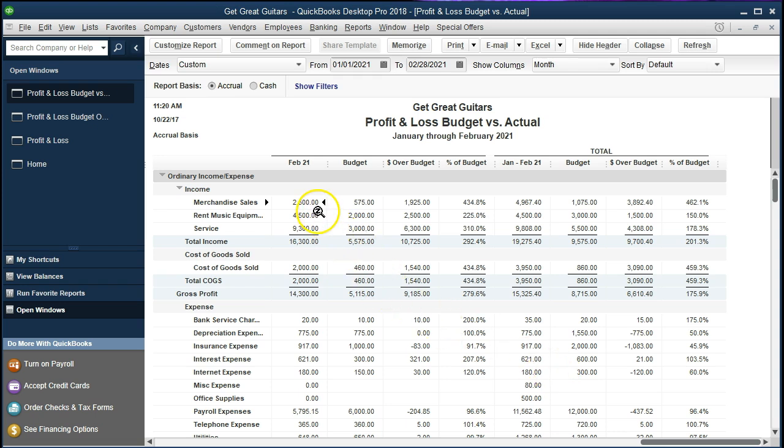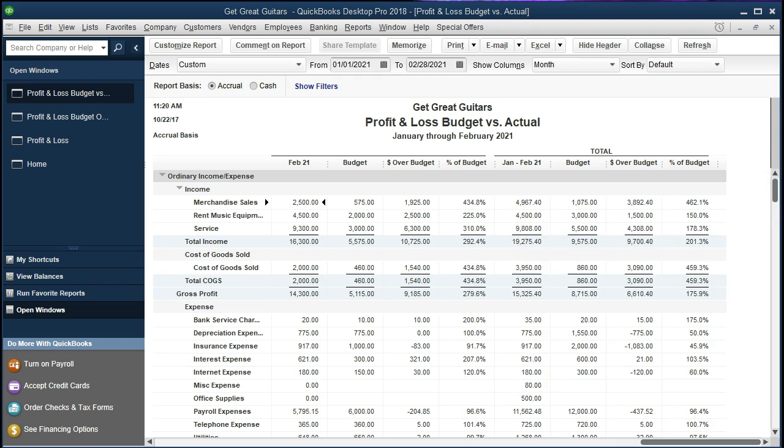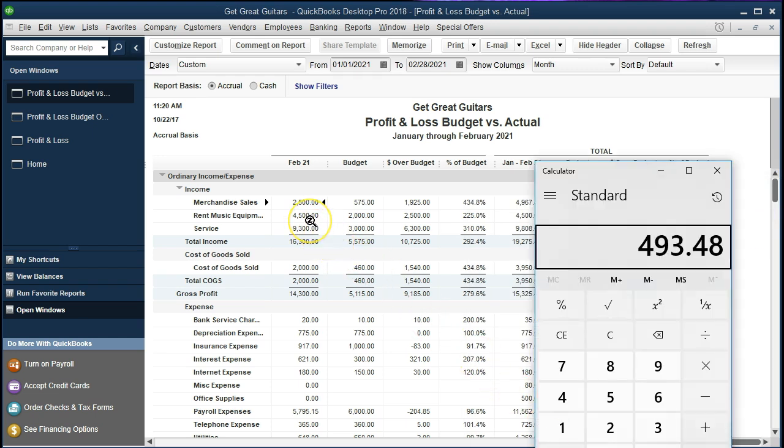This is what actually happened. This is the budget. This is the difference. This is the percentage change. So if we take those numbers, we can then calculate this out. We have what actually happened, 2500, minus the budget, 575 for the merchandise sales, giving us the difference of 1,925. This percentage can be calculated as what happened, the 2500, the actual, divided by the budget amount of 575,